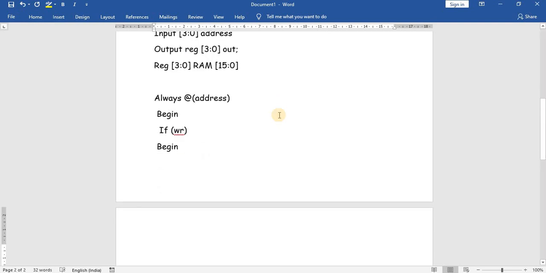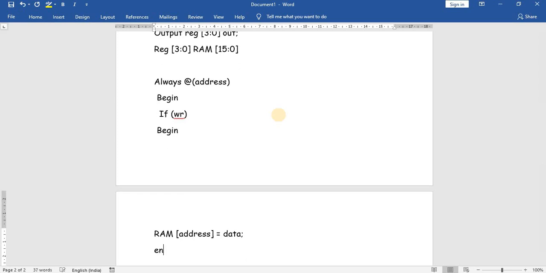The new data for write operation, the data should be stored in an address. So we can give a RAM of address equal to new data. The data will be stored in a new address. Then end.